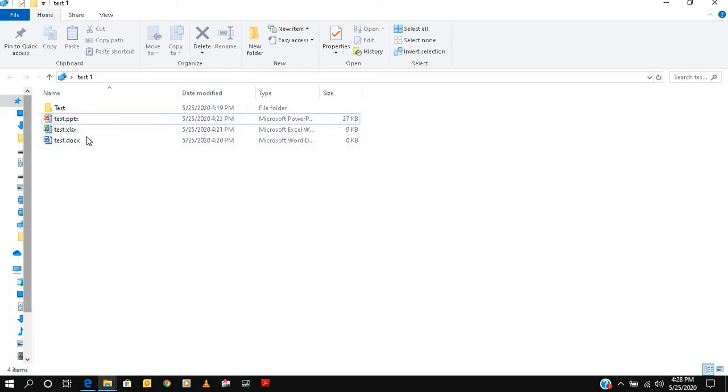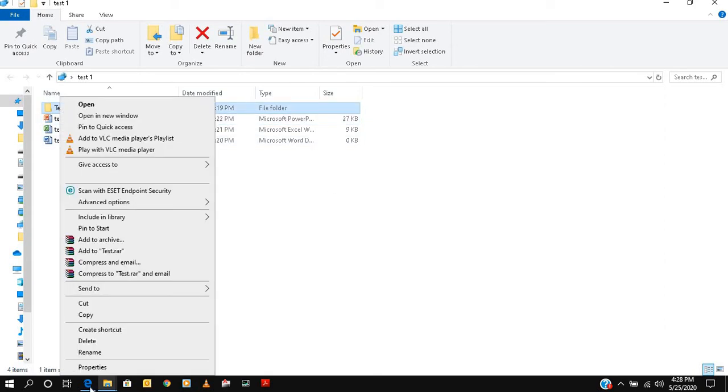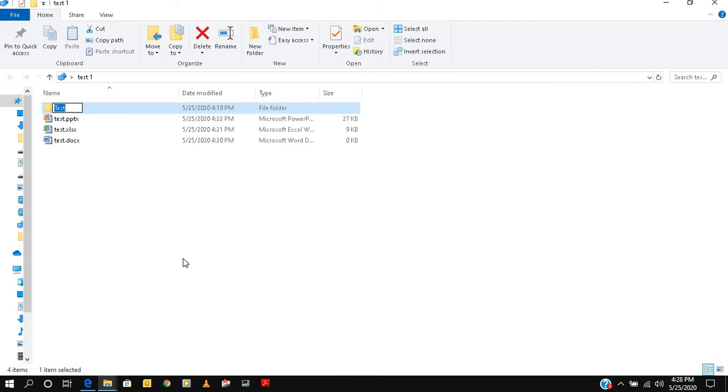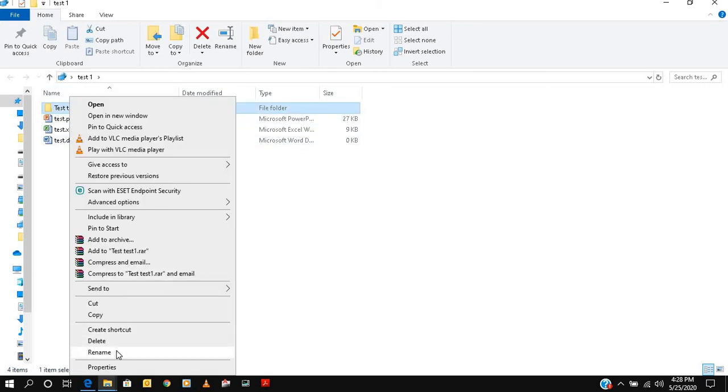And if you want to change the name of the file, you can just rename it here. Maybe you want to change test to test one. We can change any file or folder name. You just go here and choose Rename.